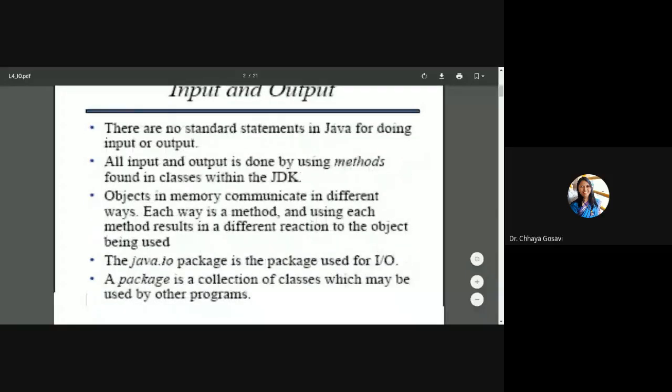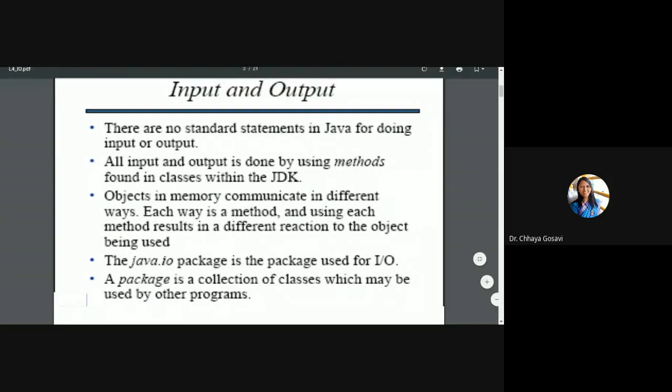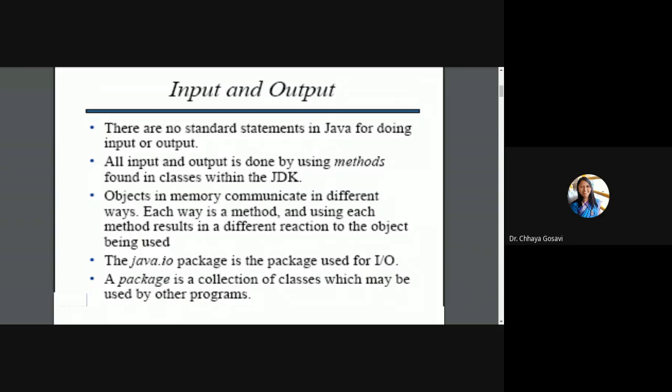In Java, there is no standard statement for doing input or output like the printf and scanf statements in C or the cin statement in C++. We don't have a standard input statement to perform input or output. All input and output is done using methods found in classes within the JDK.